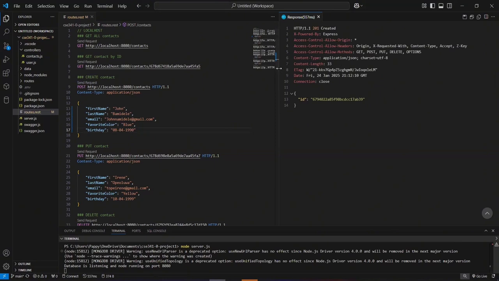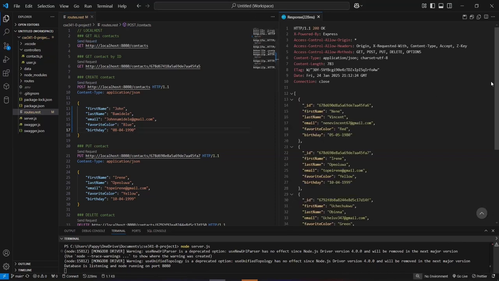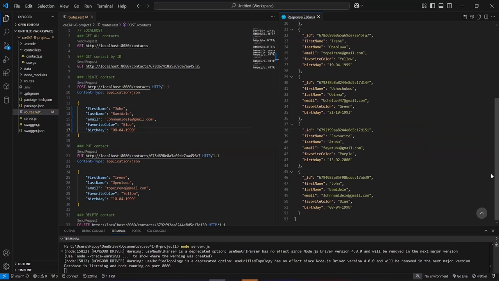So now I am going to go to the get all contacts to see my new contact. Here we have it. This is our new contact. Here's the new contact, added from the post request. Okay, so now I am going to show you